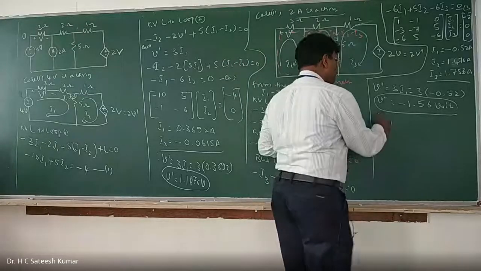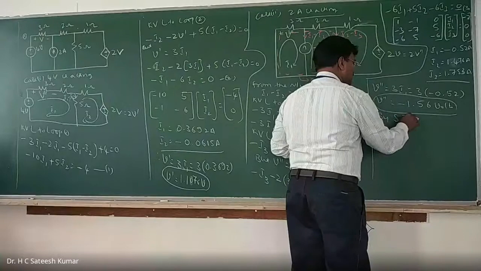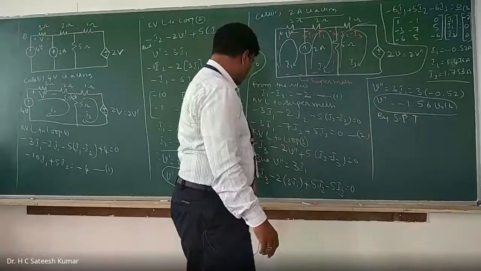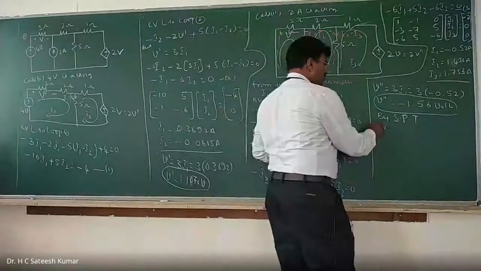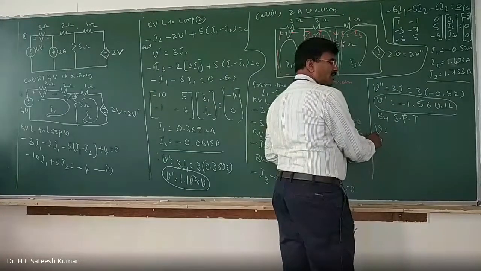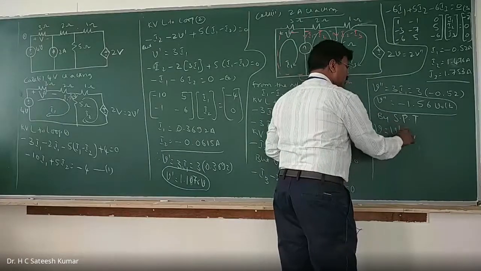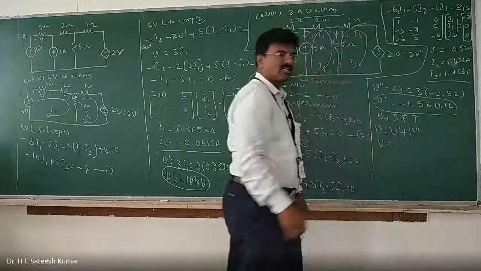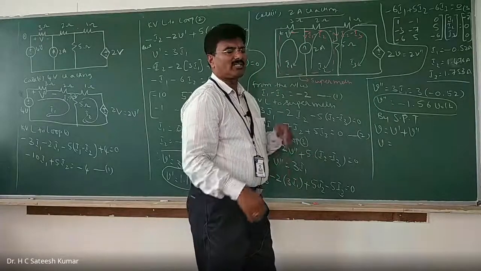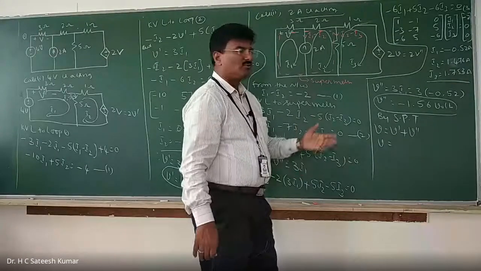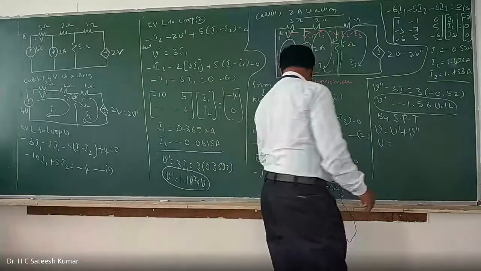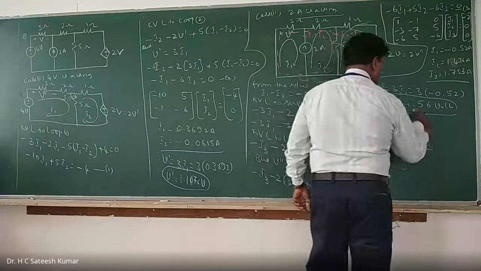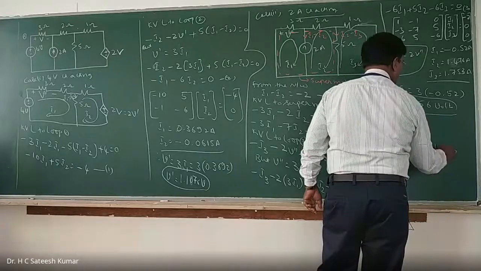According to the superposition theorem, the response due to a number of sources acting simultaneously is equal to the sum of the responses. That means V, the response when both of them are acting, can be found by adding the responses V dash and V double dash. In earlier problems, the response current I was I dash plus I double dash. Now we have V dash plus V double dash. V is 1.107 plus minus 1.56 volts.